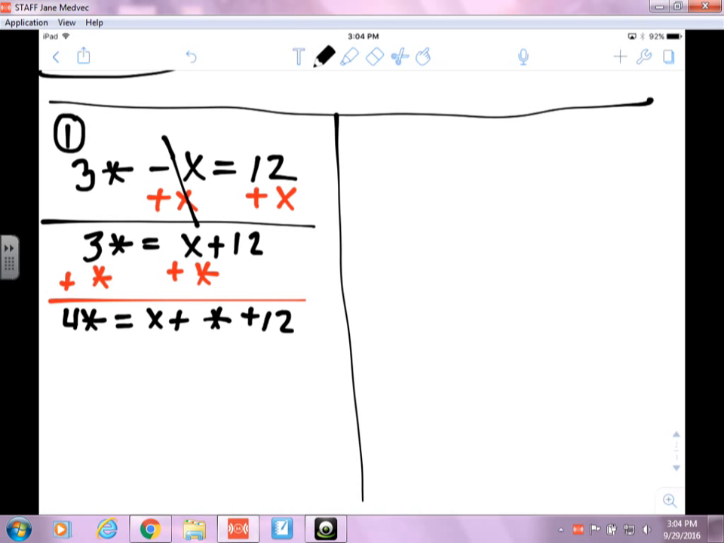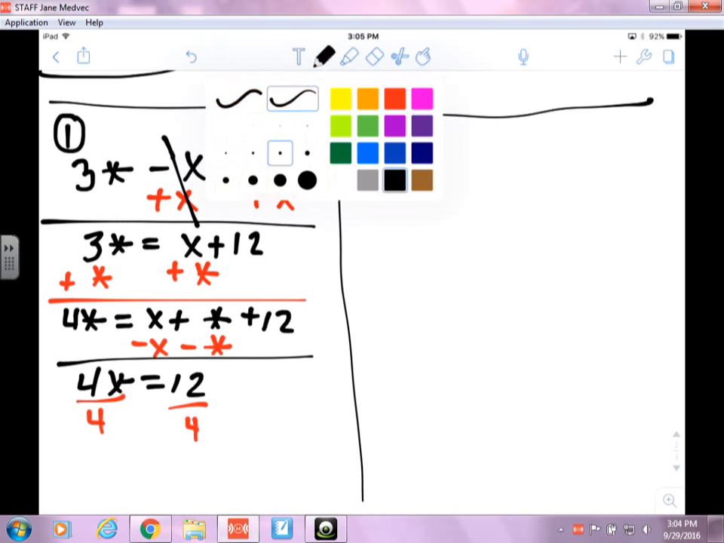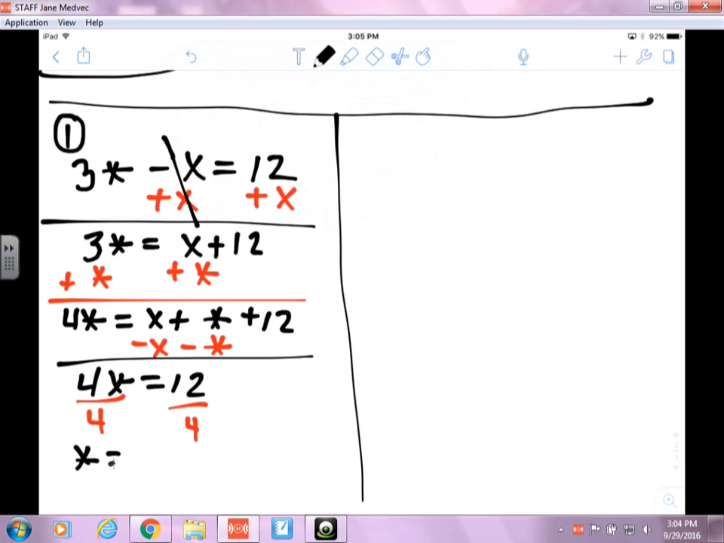And then I minus x minus star. And then 4 star equals 12. And then you're right, you're going to divide by 4, because it's the number in front of star. Star equals, x equals